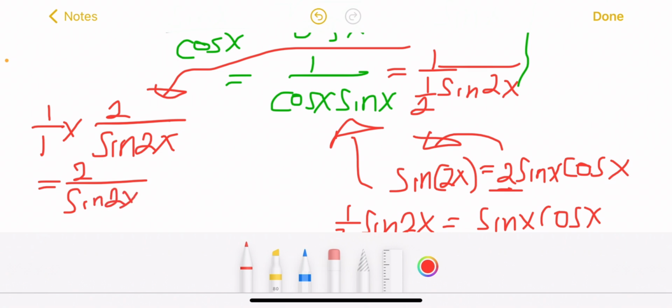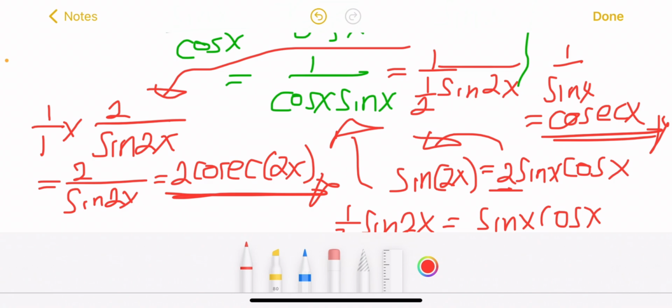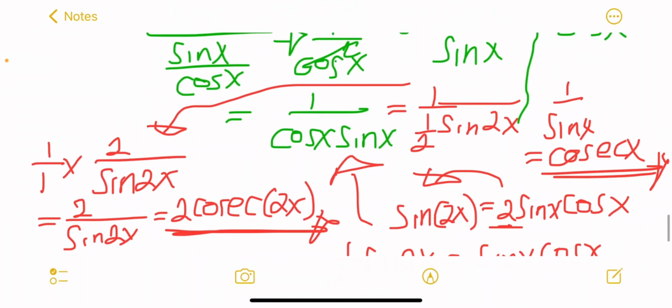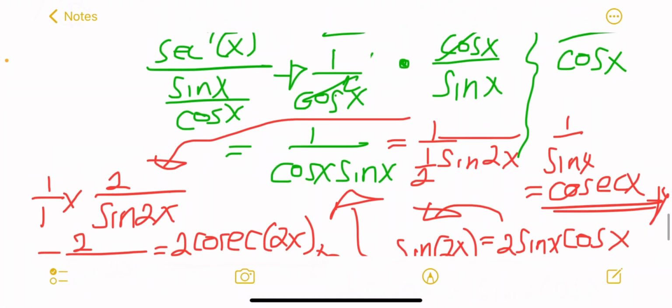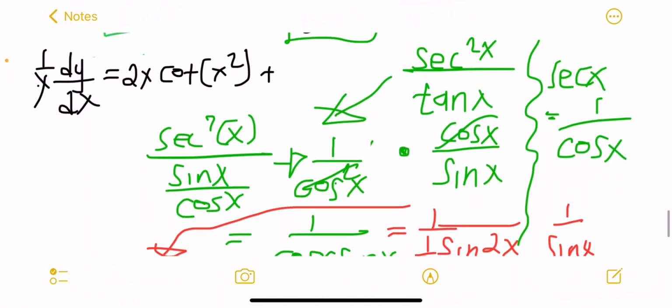But we know 1 over sine x is equal to cosecant of x. This means here we'll have 2 cosecant of 2x. Then we just have to take this 2 cosecant of 2x and simplify it back